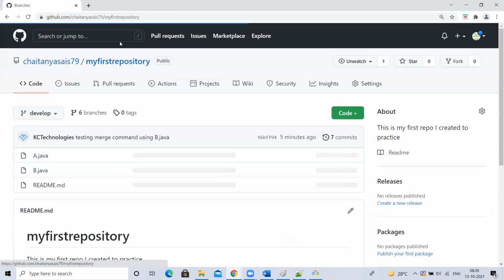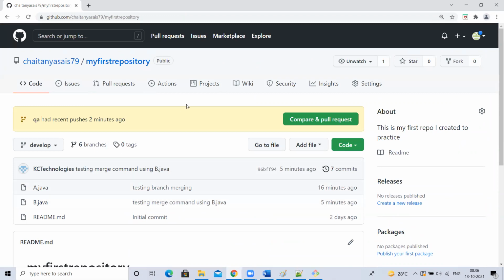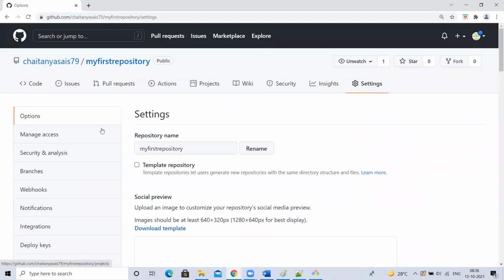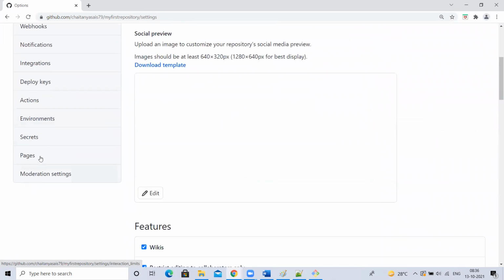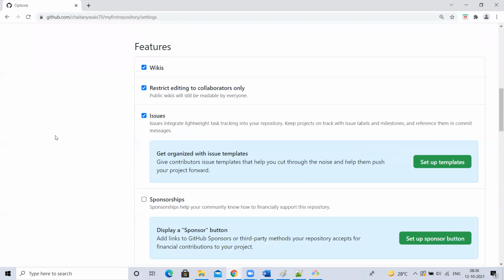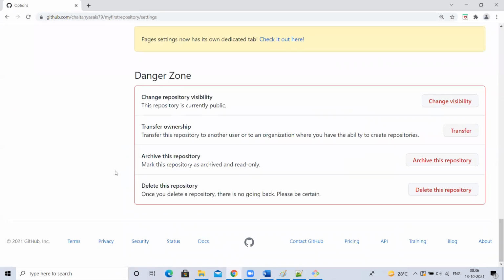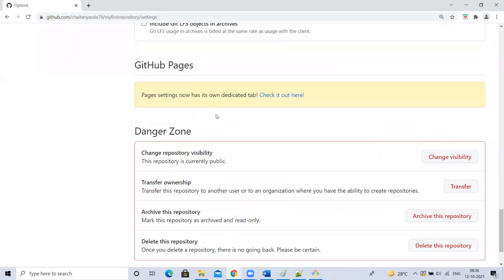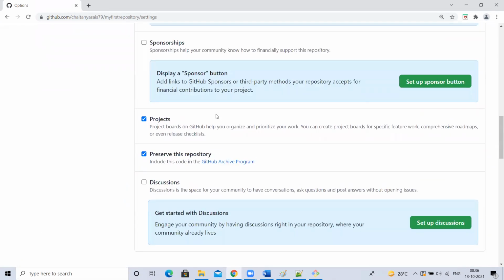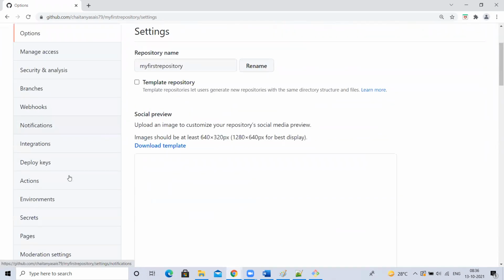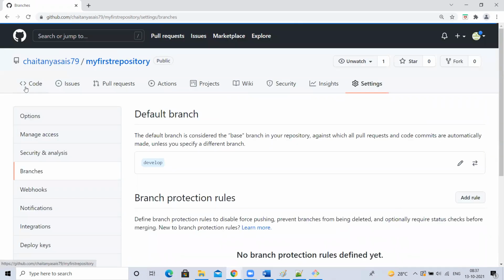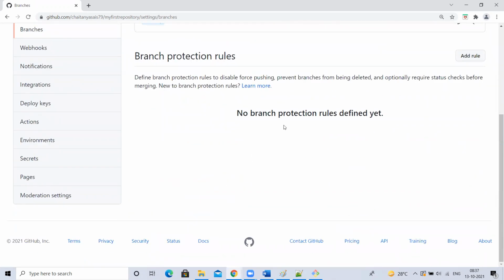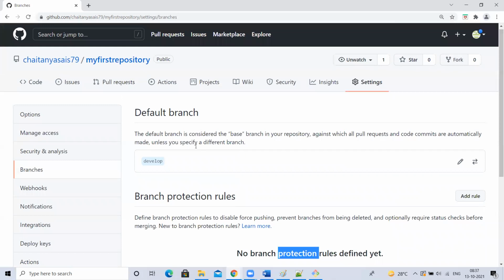Okay, let's do one thing here. The UI has changed a little now. There was an option called branches here itself. Not here. Let me go to settings only. Branches is there, the branches option on the left side. If I go to this branches, it has to show something. Branch protection rules it is showing, but the delete branch option, the list of branches, it is not showing.